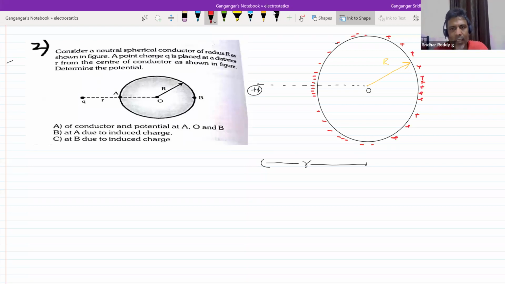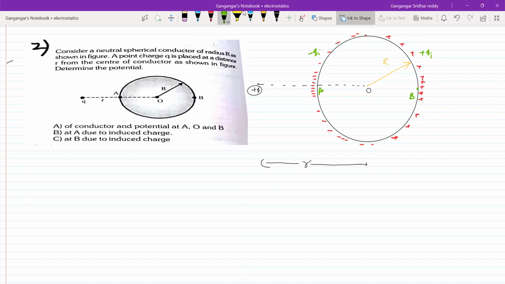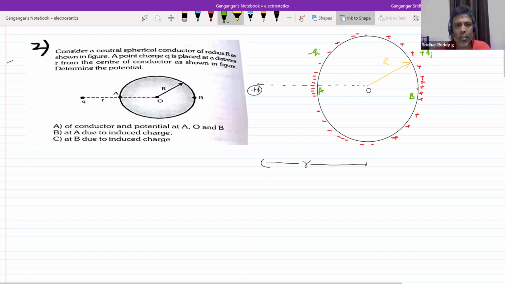So now under these circumstances, we are asked the potential of the conductor and the potential at these points, point A, point B. They are on the circumference. First, what is the induced charge? So is it minus Q, plus Q? No, it is some charge. How much? We don't know that. It will be better to write minus Qi plus Qi. How much magnitude, we don't know, but the resultant should be 0. It's electrically neutral, no? Earlier it was neutral.